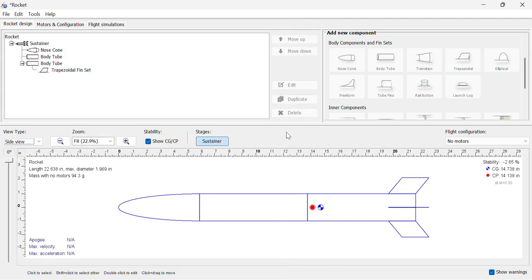Press OK. Now there are some important things to note. Down here in this lower section, you have your rocket body length, which is 22, at least for me. And here you have your max diameter of 1.969. And then you also have your mass here. And on this right side, you have your stability, which is negative 2.65%, which you don't want to have. And you'll have your center of gravity and center of pressure. Now, to change these units, because you could see these grams in something else, or these inches in centimeters, or stability in calibers, you could go here to edit,